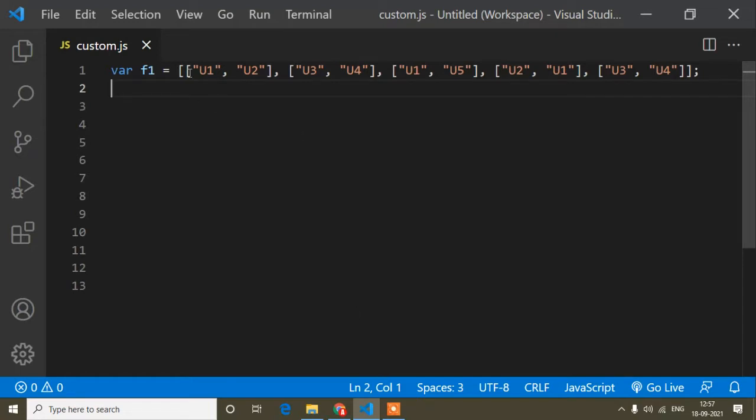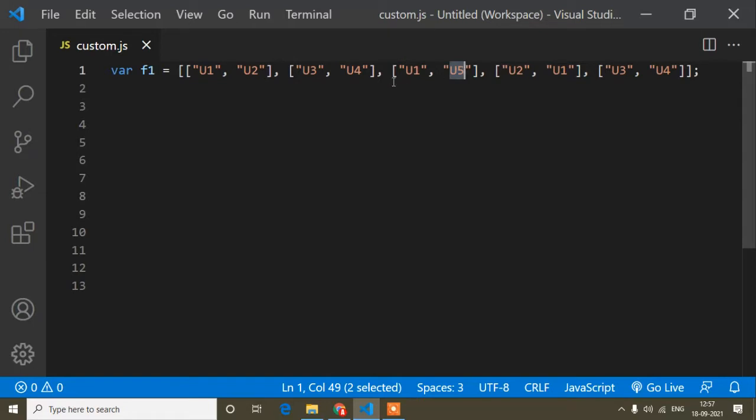So guys, I had already created a nested array. You can see here this one. In this nested array, one array is a duplicate. You can see here is user1 and user2, actually u1 and u2. Suppose, guys, here I'm just giving an example. Suppose anyone says user1 is the friend of user2, and user3 is the friend of user4. In the same way, user1 is the friend of user5 again.